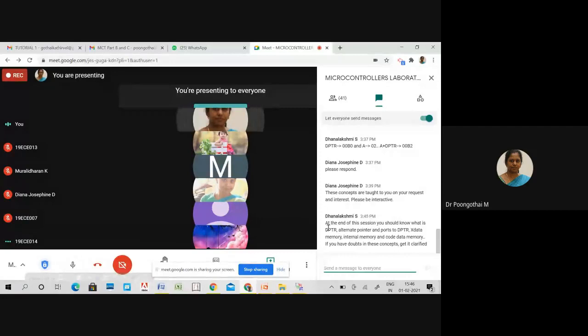Is that clear? Yes, ma'am. Okay. So I have explained how to access data elements from your external memory using DPTR and also using 8-bit data pointers. I have also explained how to access data elements in your internal RAM using direct addressing mode and indirect addressing mode.